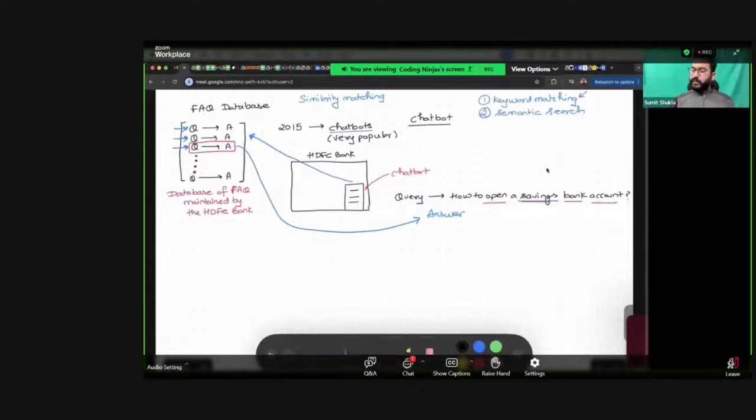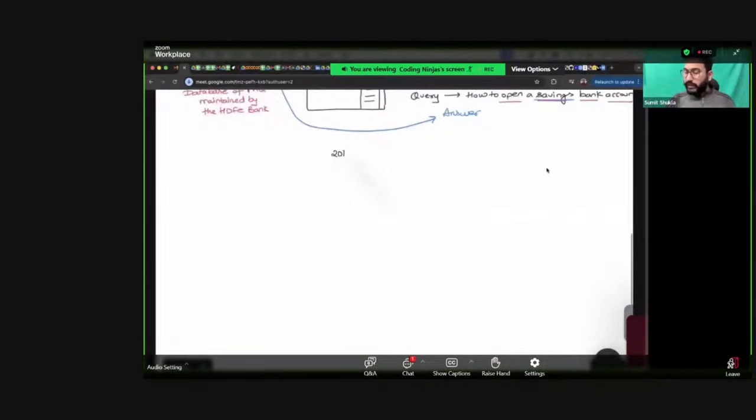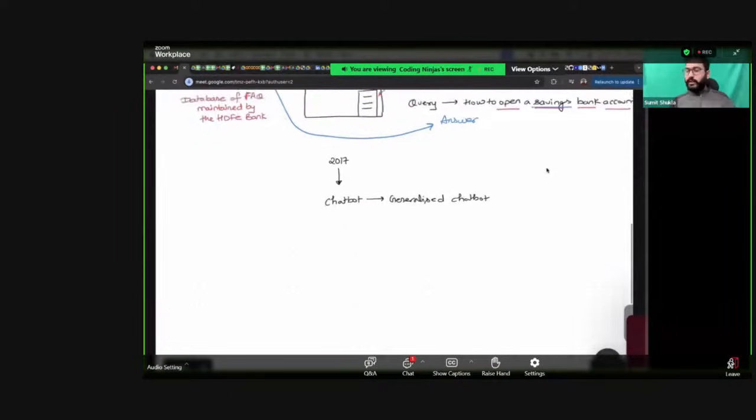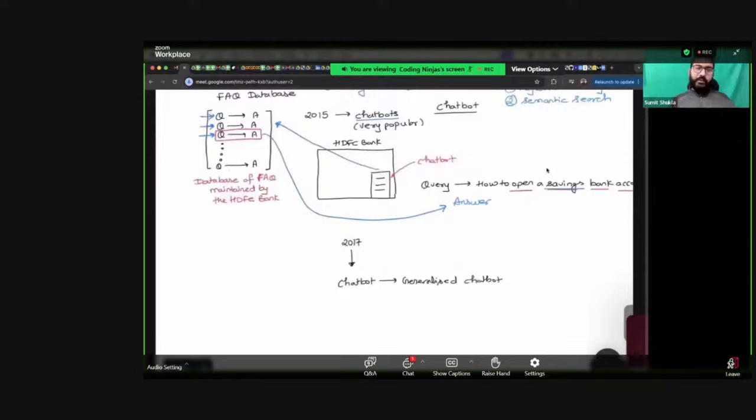So what happened in the year 2017? Scientists thought, is it possible to make this particular chatbot a generalized chatbot? Now, what is the meaning of a generalized chatbot? As of now, this particular chatbot is limited to a domain and a limited knowledge base, right? So I cannot use this chatbot to ask questions related to any other company or any other industry. This chatbot, which is running on the HDFC Bank website, is